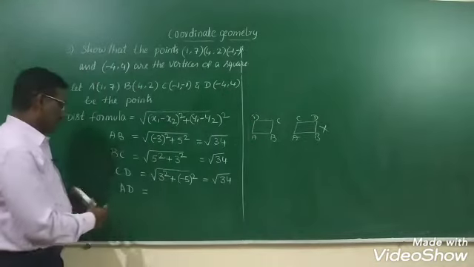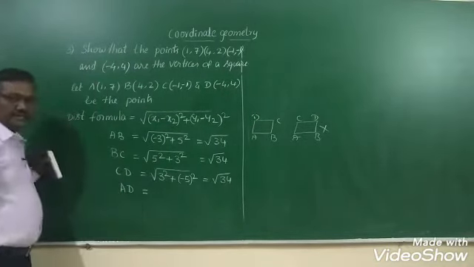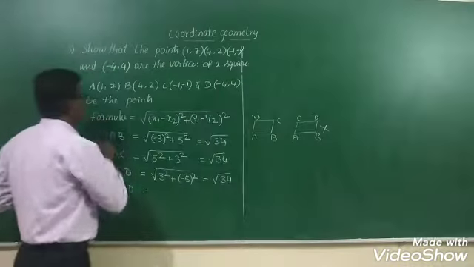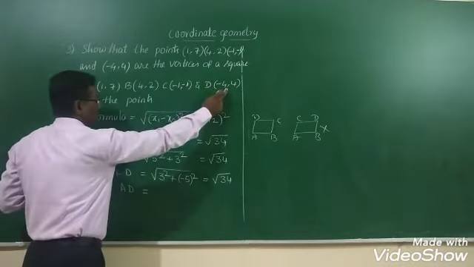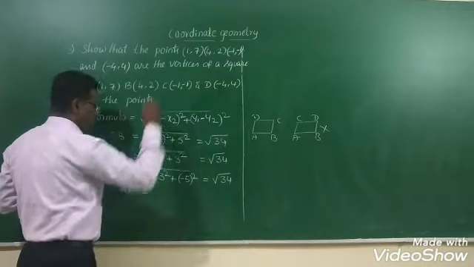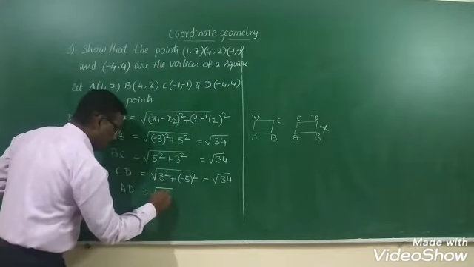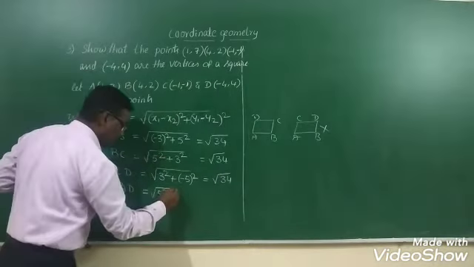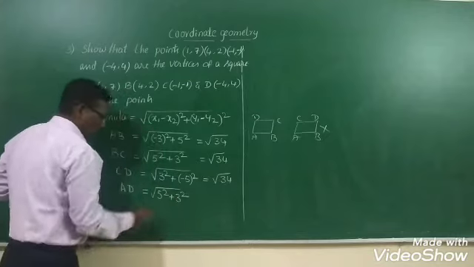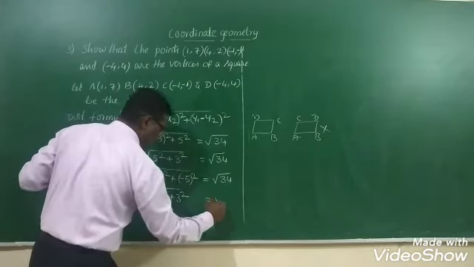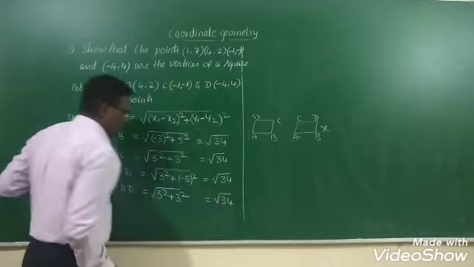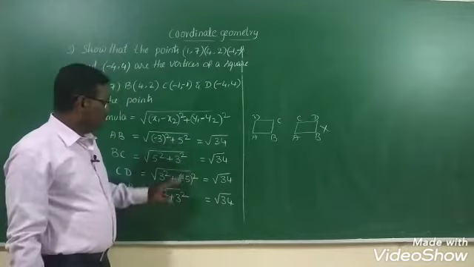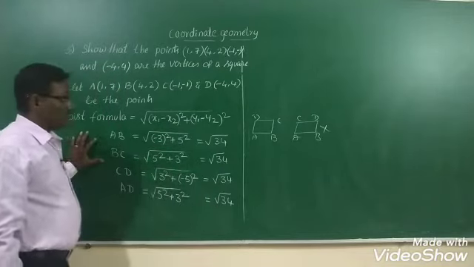Again AD. Where A is the first point and D the second point. Now x1, y1, x2, y2. x1 minus x2, 1 minus of minus 4, 5 square, plus 7 minus 4, 3 square. Again 5 square 25 plus 9, it will be root 34. Yes, all the 4 sides are equal, but we cannot say it is a square, because we have to